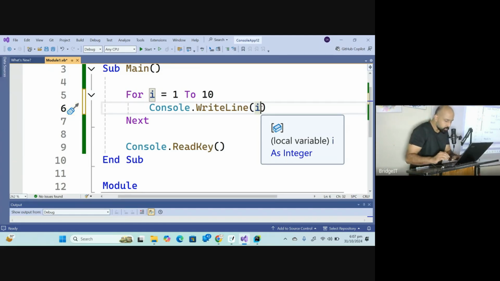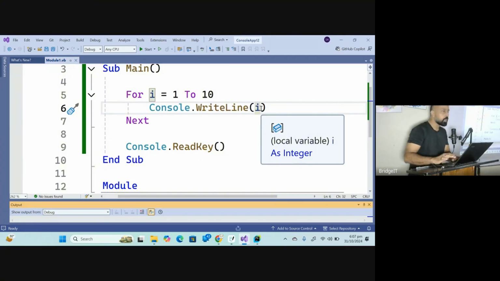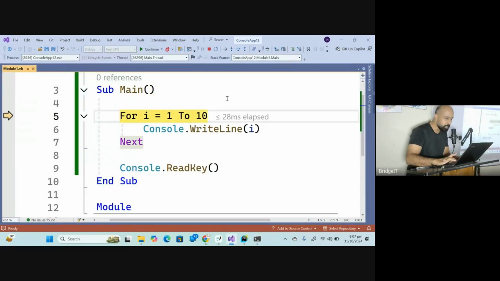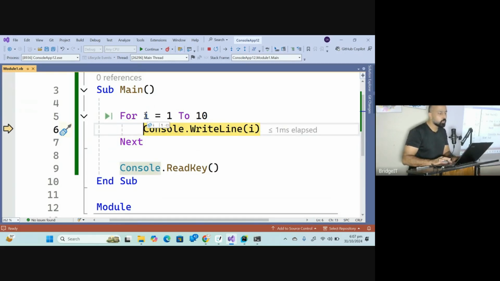Now look very closely. I'm going to run this one line at a time. I'm going to do the same thing in Python as well. When the program starts running, inside I, for the very first iteration, this will be 1. Now this is a variable. This I has what inside of it? 1. That 1 will be printed on the console. So output 1. Right now on console there's nothing. As soon as this instruction runs, I can see 1. Can you see 1? I can see 1.